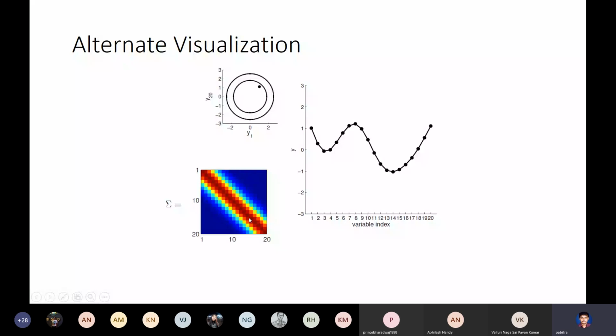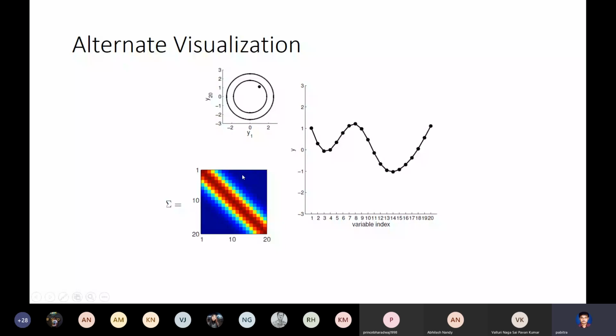So this particular shape, this particular visual or this kind of color distribution in the covariance matrix tells us something. This kind of band in the diagonal and blue along the corners can be interpreted in a particular way. The diagonal is the spread along y1, spread along y2, spread along y3, spread along y20. That is the diagonal values. Whereas the off-diagonal values are the correlation between all pairs: y1, y2; y1, y3; y1, y20; y19, y17.